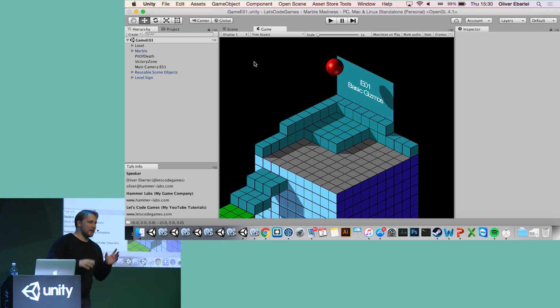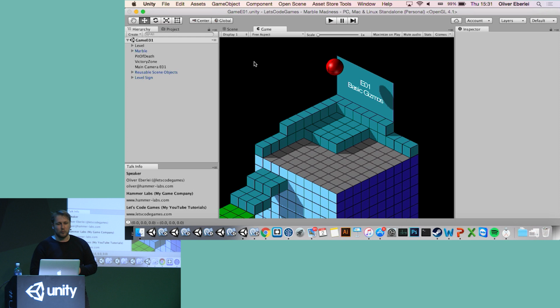In my community, I'm a little bit of the editor scripting guy because at every event I go to, I talk about editor scripting. I like it a lot. I use it for everything. Today's talk is a little bit of an introduction into editor scripting, but I found that editor scripting is such a broad topic that there's always a gold nugget here and there for everyone. So hopefully there's something you can find that you haven't known if you know editor scripting before.